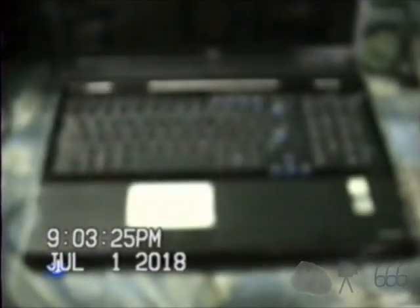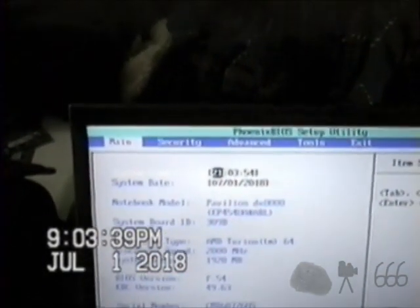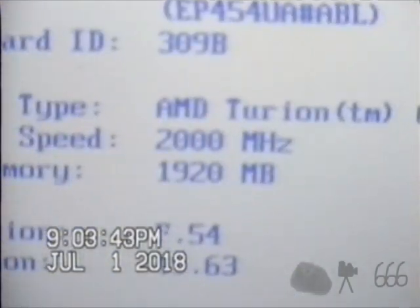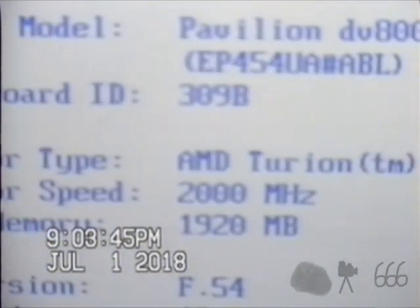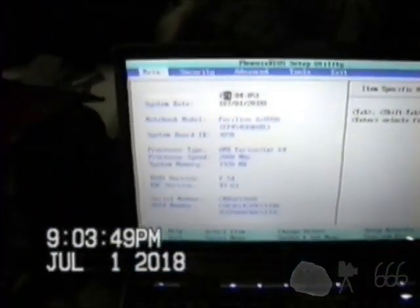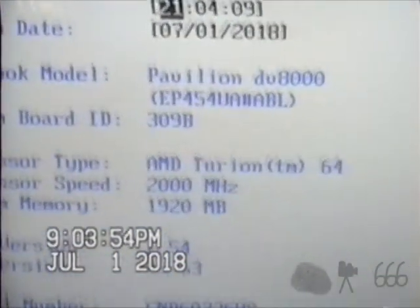Wow, is that ever out of focus? There we go. So we'll fire it up. I'll remember that F10 is the key to get into the BIOS this time. And there we go. Well, that's interesting. Oh, 2 gigs, yeah, 2 gigs. So I guess it's using 80 megabytes for the AGP aperture. Here you can see Turion 64, 2 gigahertz,